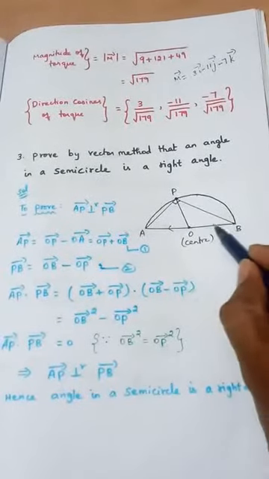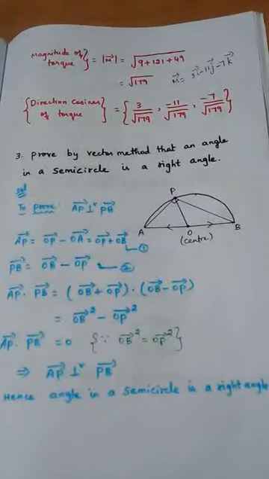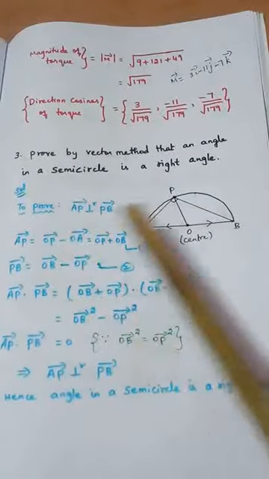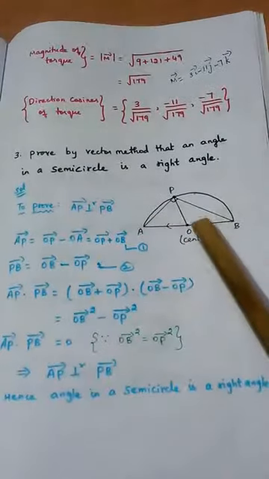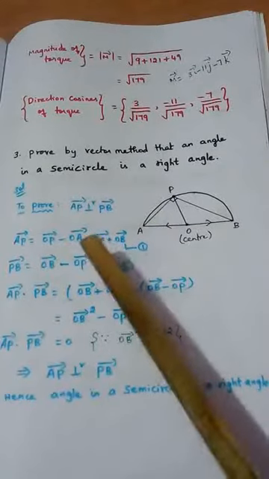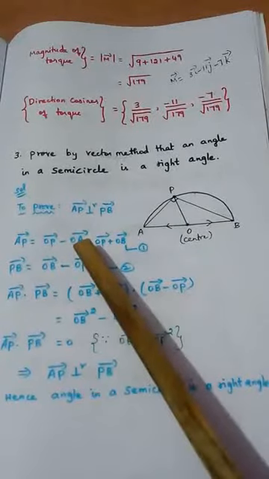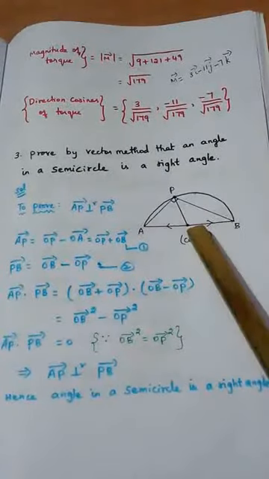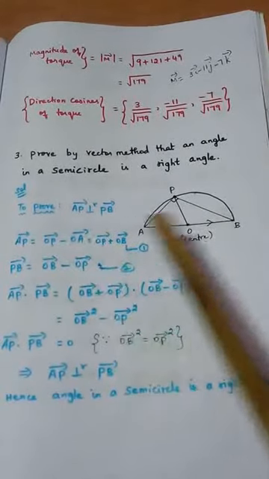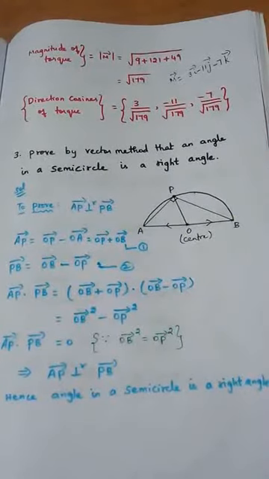What is the OB vector? It goes in the opposite direction, right? The OA vector is in one direction, the OB vector is in the opposite direction. Magnitude wise they are radius. This is also a radius, this is also a radius. So I can say OA is equal to OB, but while telling in vector, the direction differs. So minus OA can be written as plus OB. Understand?